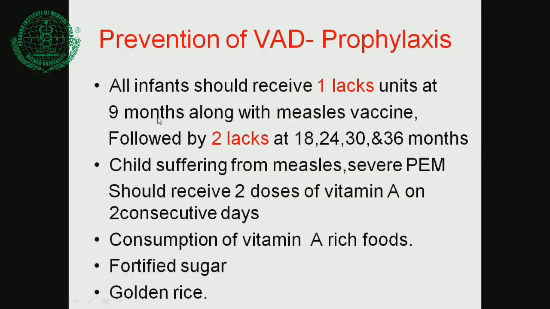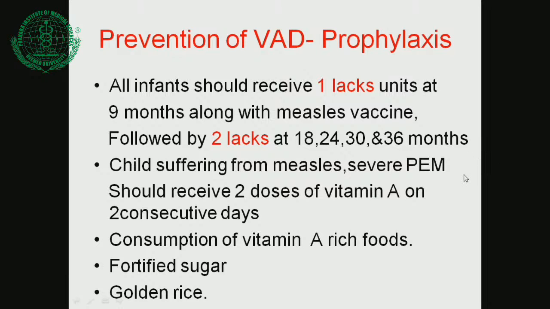Nowadays we give the MR vaccine or MMR vaccine at 9 months, along with the measles vaccine. Followed by 2 lakhs at 18 months. For the booster, he comes at 18 months, give again 2 lakhs. At 24 months, at the age of his second birthday, give 2 lakhs more. Then at 30 and 36 months, 2.5 years and 3 years. So we give a total of 5 doses for children